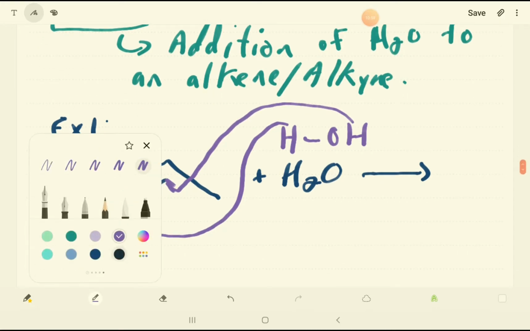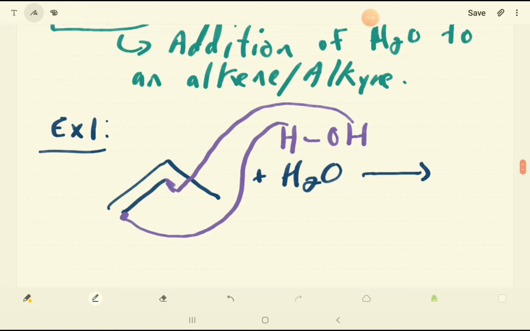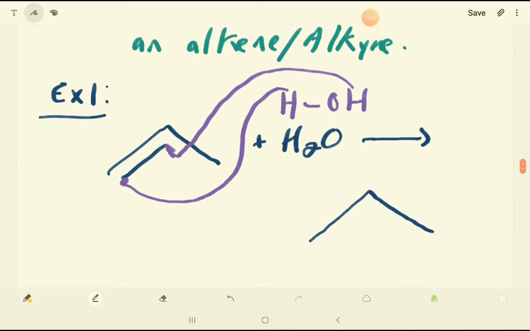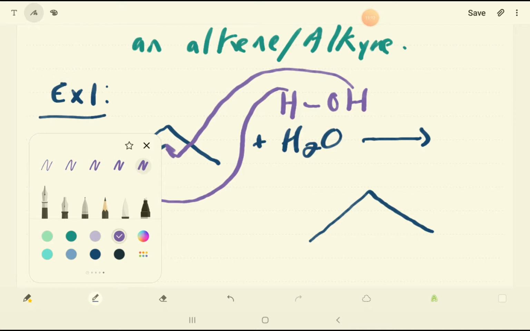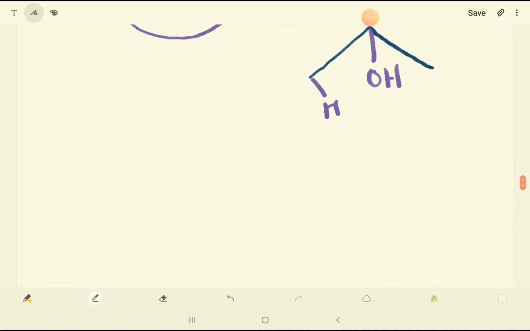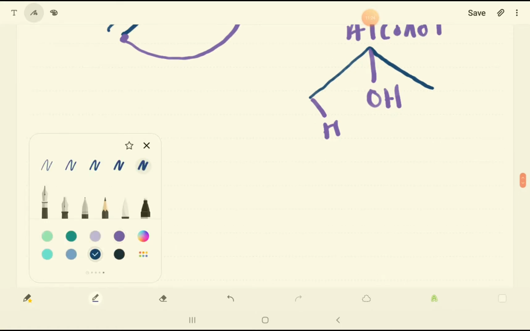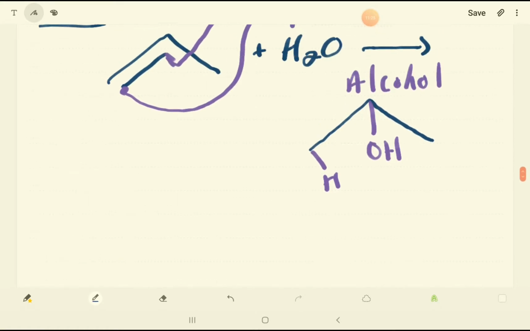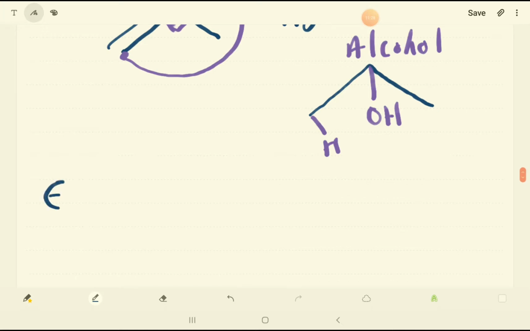And what we end up getting is a hydrocarbon where the alkene is broken, but on each end we got an H over here and an OH over here. And this now becomes an alcohol. I'm going to give you another example to show you how this works, and then we're going to write a general rule. So example 2,